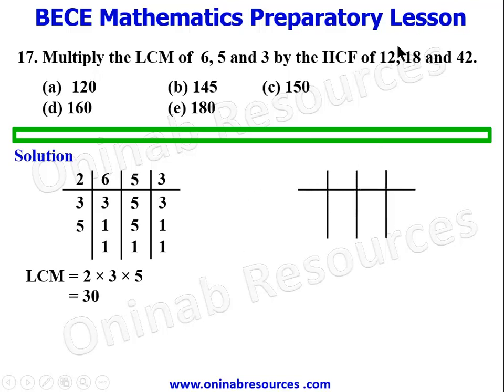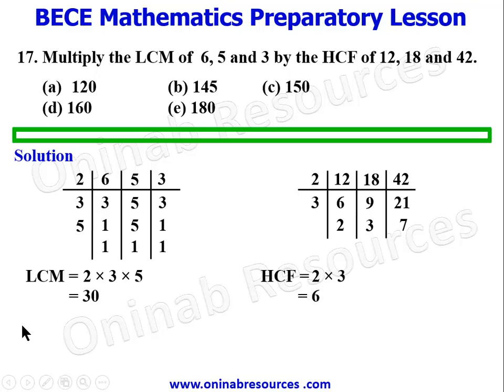Then we go ahead to find the HCF of 12, 18, and 42. To find the HCF of these numbers, we are interested in only the numbers that can divide all the 3 numbers at the same time. So 2 can divide all of them. 12 divided by 2 gives 6. 18 divided by 2 gives 9. 42 divided by 2 gives 21. 2 cannot divide all the numbers again. We look at 3. 3 divides 6, 9, and 21. So we divide by 3. 6 divided by 3 gives 2. 9 divided by 3 gives 3. 21 divided by 3 gives 7. So since there's no number that can divide 2, 3, and 7, we say HCF is 2 times 3,